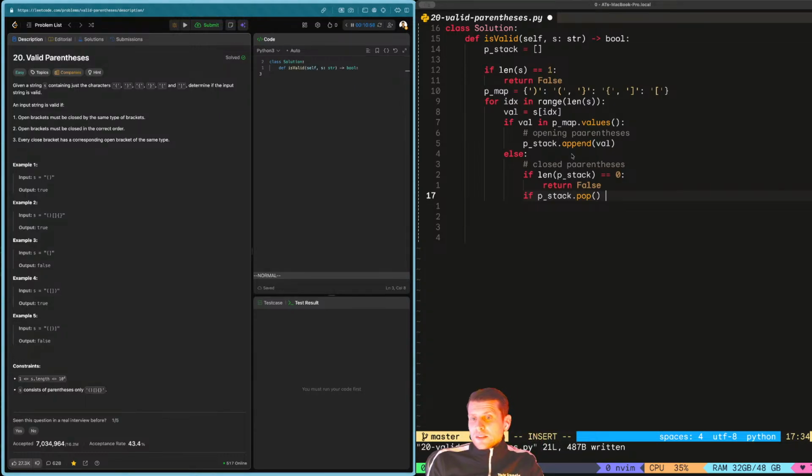If it's not, then that's not a valid string. So if that variable at the top is not equal to our map,